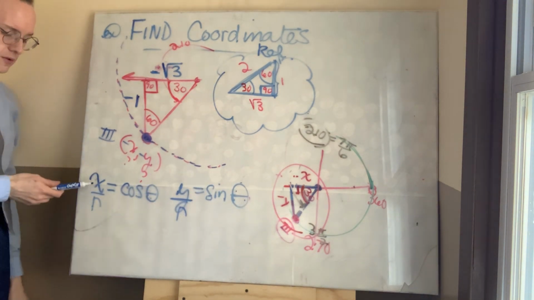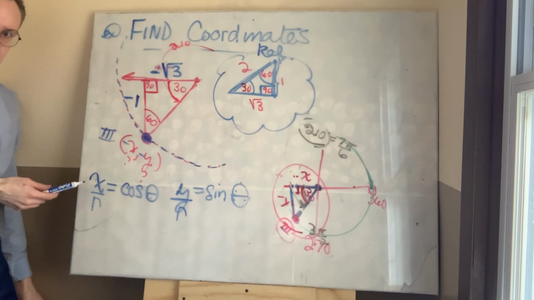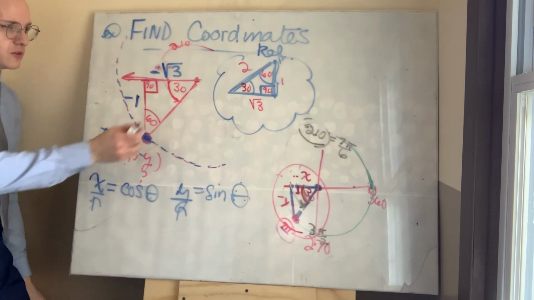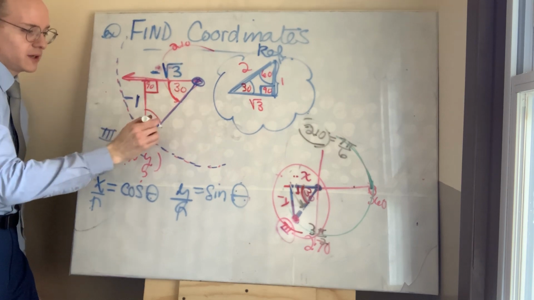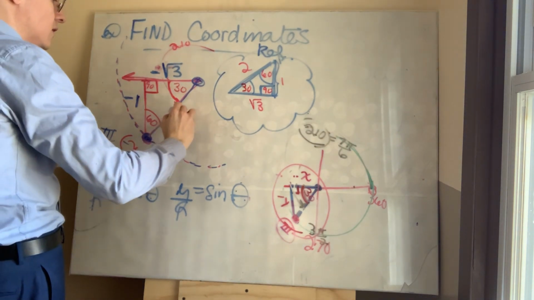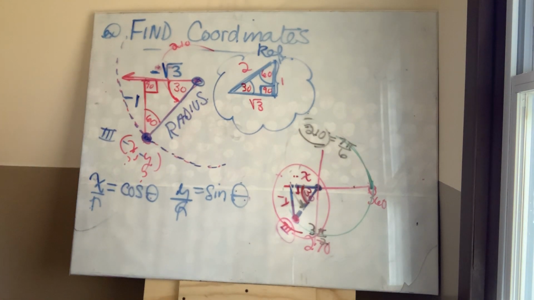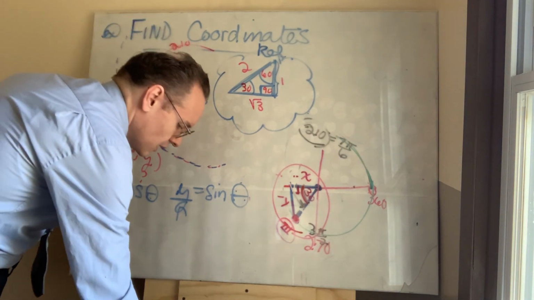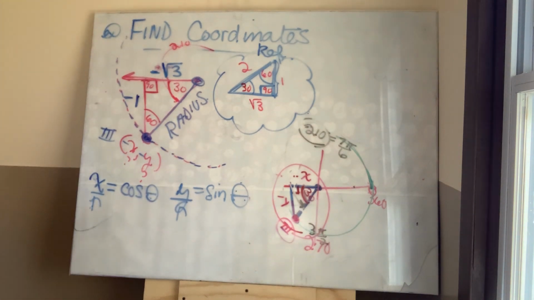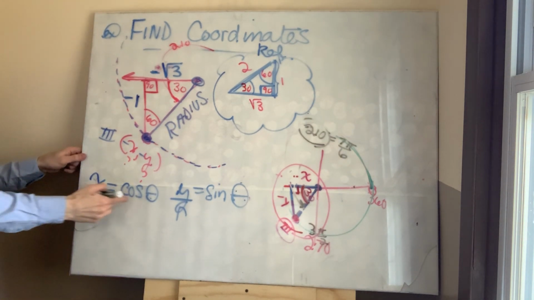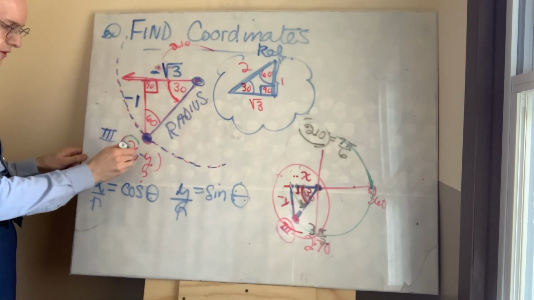I'm using the 7-3 perspective of this rather than the 7-2 perspective. Instead of calling something adjacent over hypotenuse, I'm going to call it x over r, radius, because this is a radius. Okay. Anyhow, we'll plug in the numbers that we have, and if we need to find any others, we'll use the Pythagorean Theorem. The x value for cosine, which is what this is